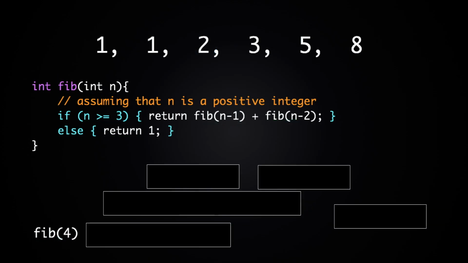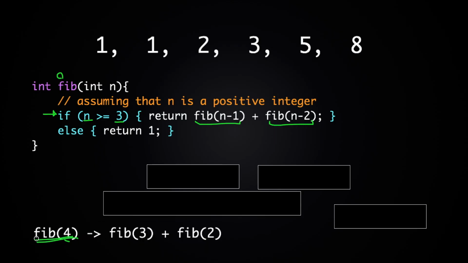Okay, let's take a look at another example here. Let's say this function fib is called with 4 as the argument. That's this one right here. Then it goes to this line right here because n, which is 4, is greater than or equal to 3. So we want to return fib of 3 plus fib of 2 as the return value of fib of 4. So that's what I wrote here. The return value of fib of 4 should be the sum of the return value of fib of 3 and the return value for fib of 2. And when we hit that line right here, we don't know what the return value should be for fib of 3 yet, so we'll need to call it separately.